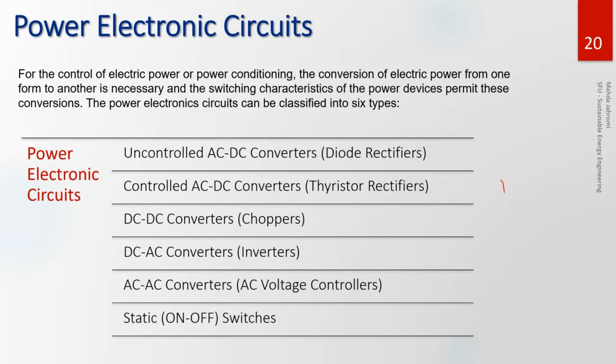If I use four switches, I can control the direction of a DC motor. You know that a DC motor changes direction based on the polarity that you give it. So for example, if I use